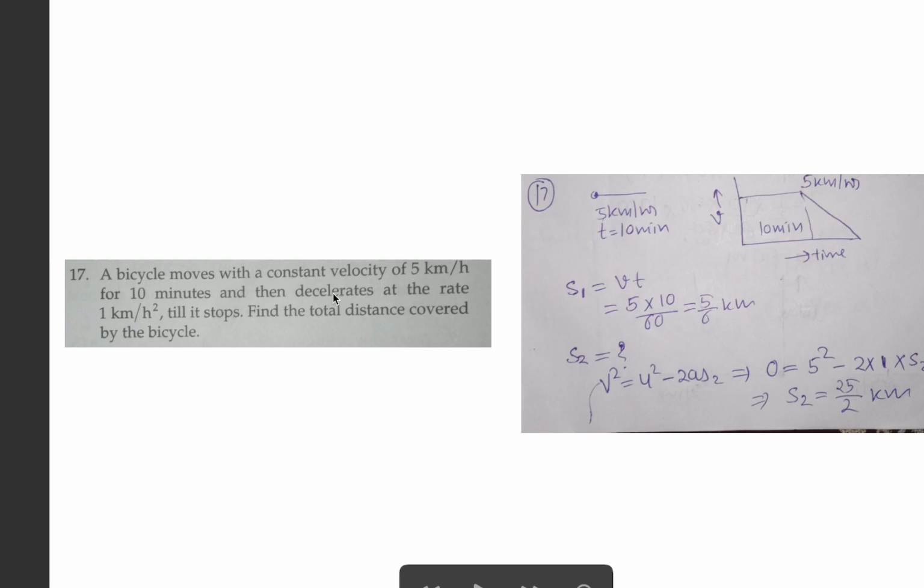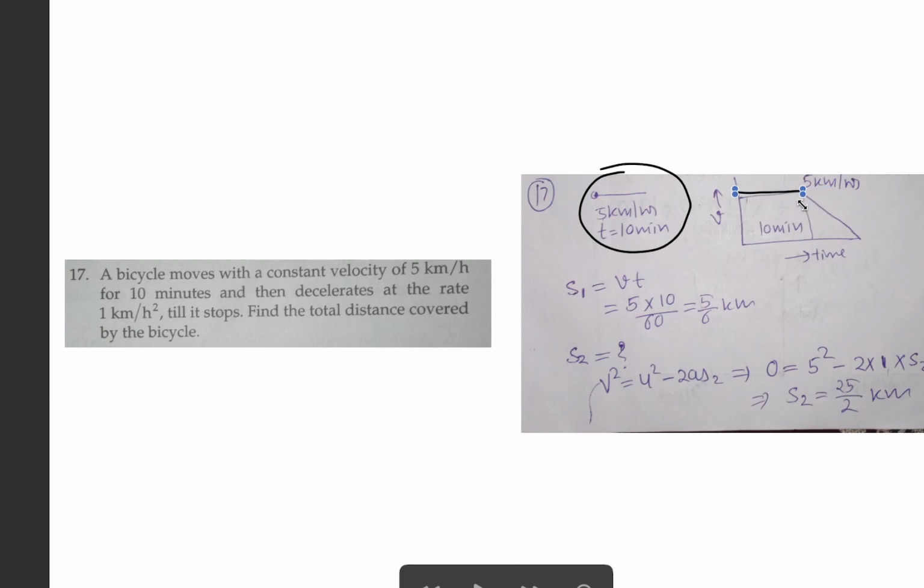Now 17th question: a bicycle moves with a constant velocity of 5 km per hour for 10 minutes and then decelerates at a rate of 1 km per hour square till it stops. Find the total distance covered by the bicycle. So constant velocity is 5 km per hour for the 10 minutes. So velocity is constant for 10 minutes, and after that decelerated,